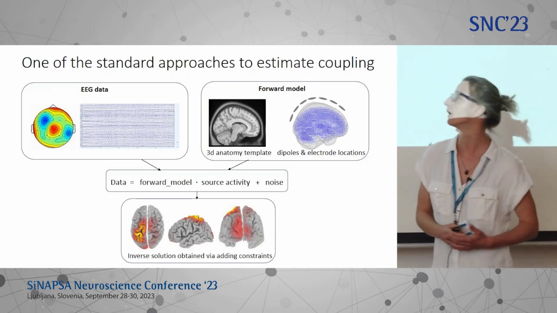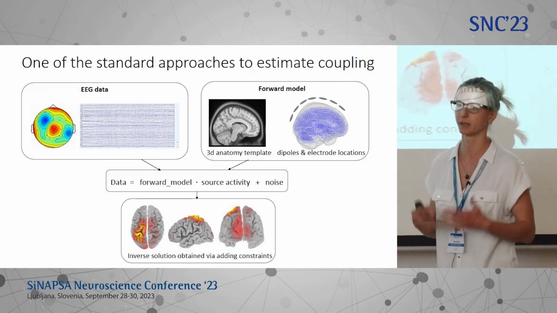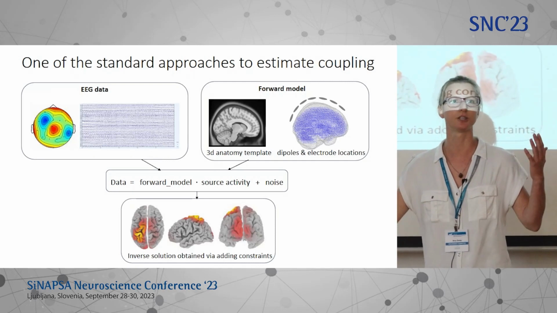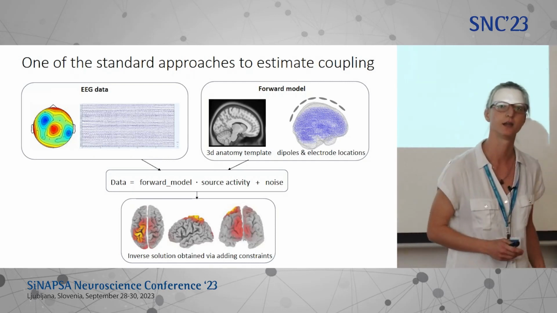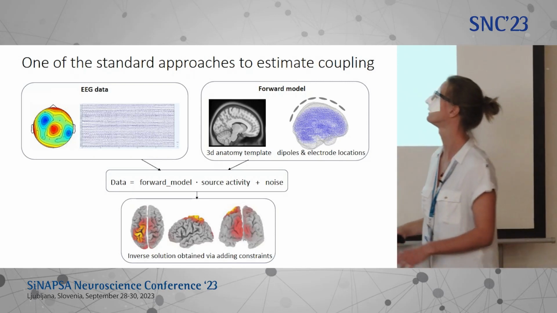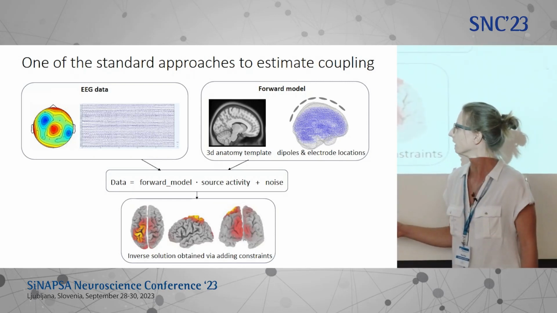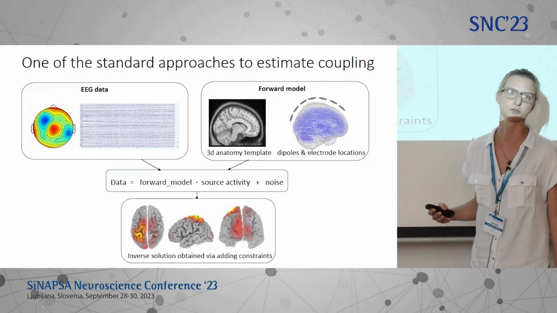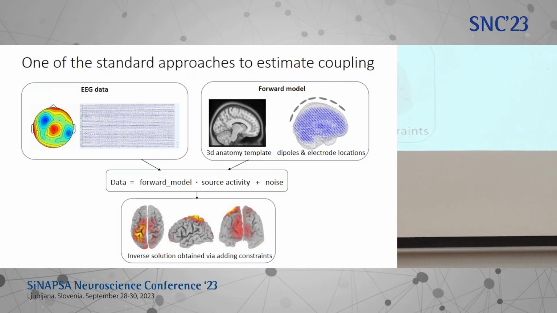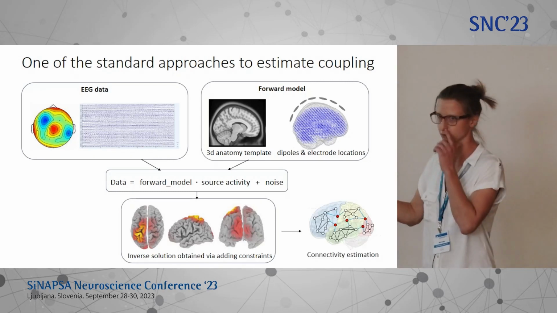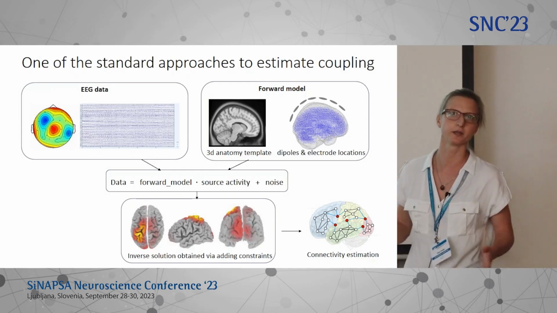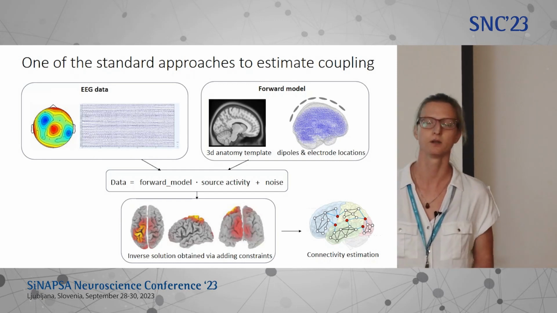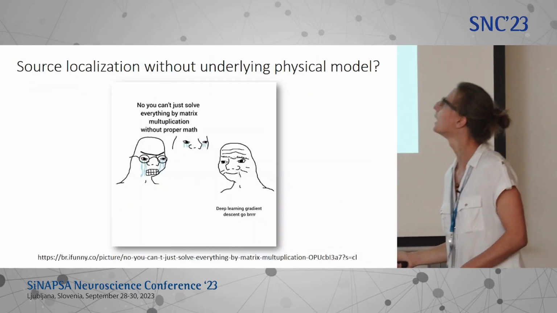There are many more sources in the brain than there are channels outside, so we have to do some optimization, and we use optimization algorithms to do that. And they use different constraints to solve the problem, and then we can get such source resolved activity, which can be then averaged to nodes, and we can do some connectivity analysis on that. But